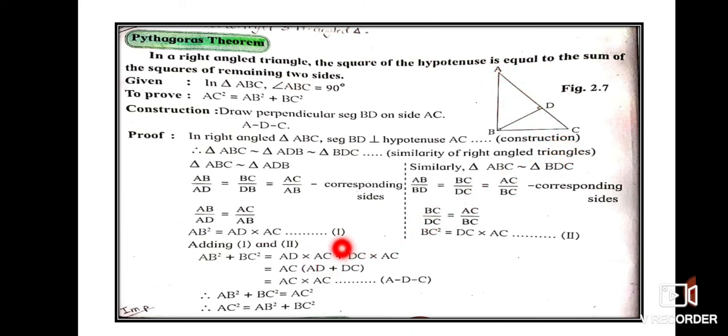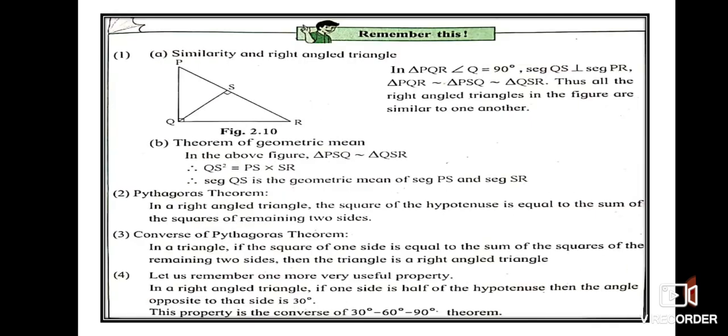So I am going to substitute AD plus DC as AC. AC is outside the bracket, and inside the bracket again I get AC. So AC into AC is AC square. And on the left hand side, I have AB square plus BC square. So I get AB square plus BC square is equal to AC square. I rewrite it and say that AC square is equal to AB square plus BC square. So see here, girls, what you have been solving in the lower class, here in standard 10th we have learned how to prove it. It is a very important theorem. Okay, please learn it for the exam.